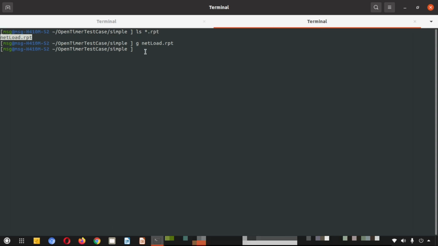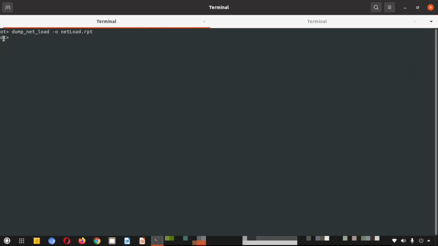So this was our normal Unix shell where we are operating, and here the OpenTimer shell is still alive. In the same way, we will dump slack. We have dumped all the slacks in the slack.report file.